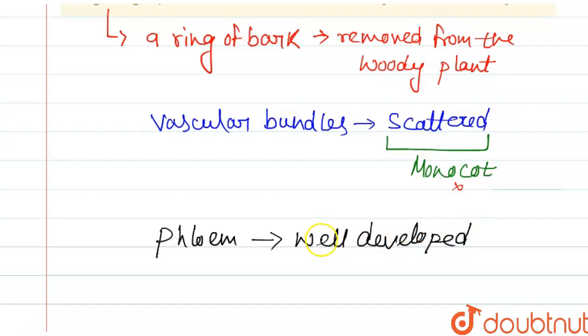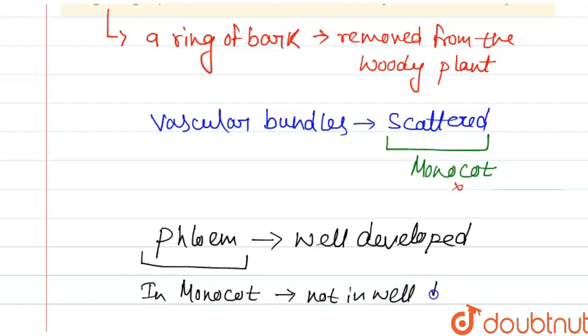But in monocots, the phloem and xylem are scattered and not in well developed conditions. So this random arrangement of xylem and phloem in monocots leads to